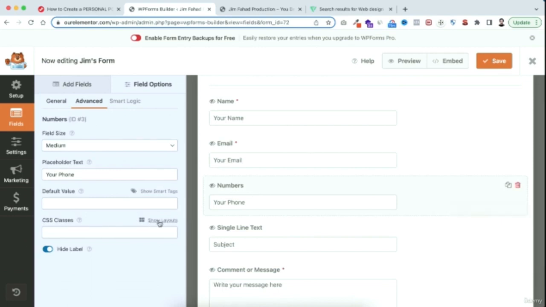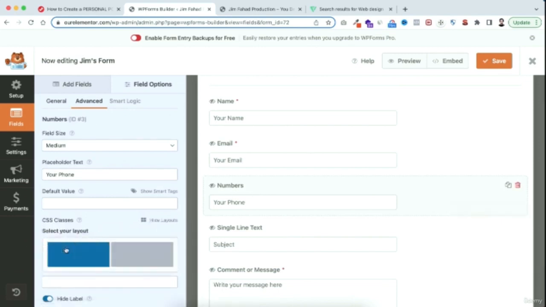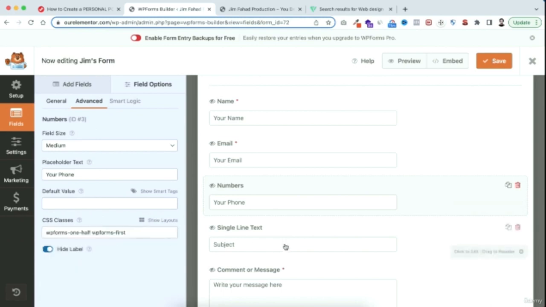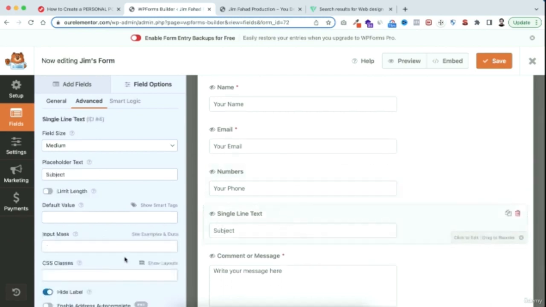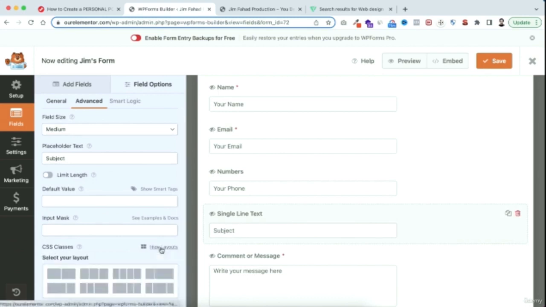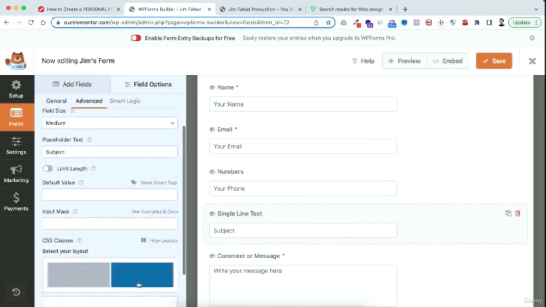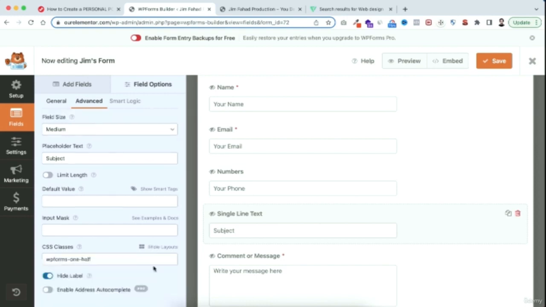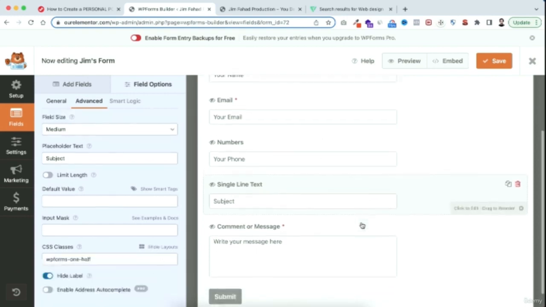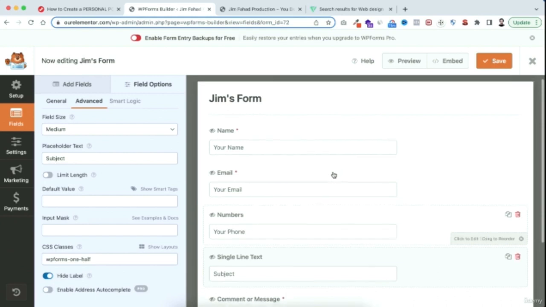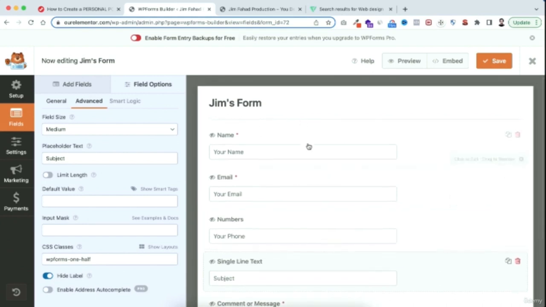Click on show layouts, select the 2 columns. For the phone number, I'm selecting the left column. And then for the subject, click on show layouts. Select the 2 column, and for the subject I'm selecting the right column. Alright, actually you can see the real design within Elementor page builder, but we need to do the markup from